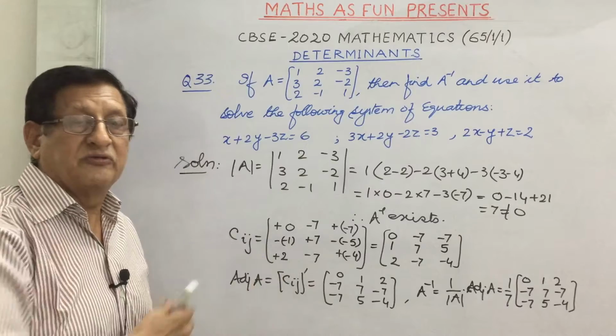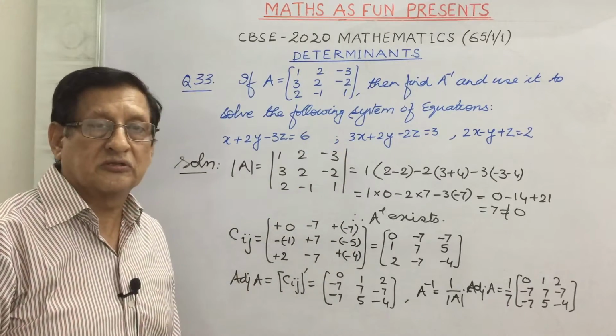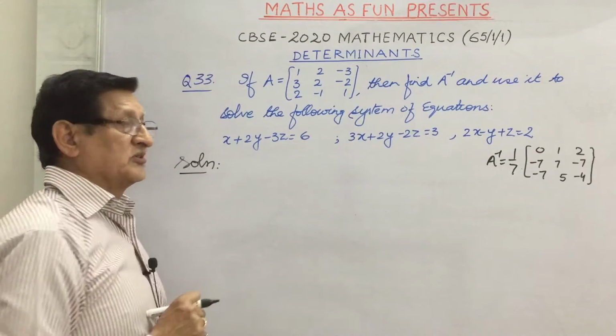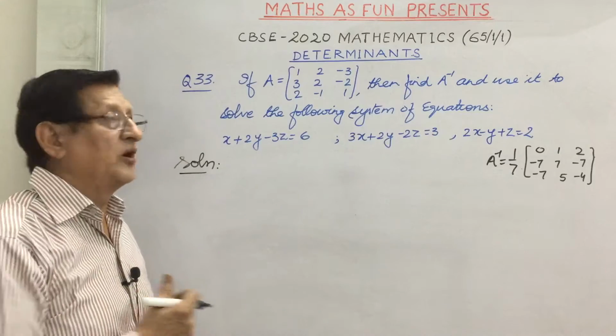So we have got the inverse of A, and then we will be using it to find the solution of the equation. I have written A inverse here just to remember that we can apply it finding the solution of